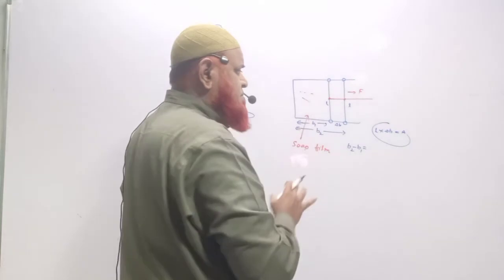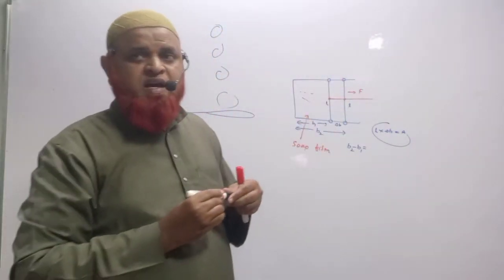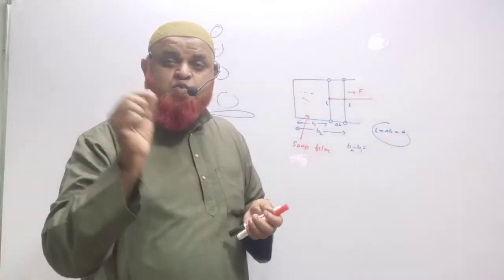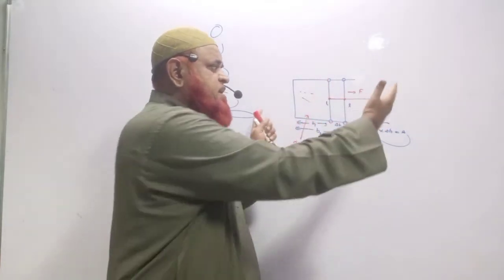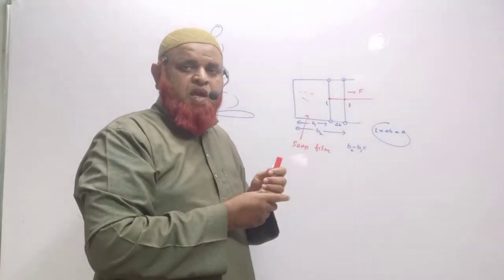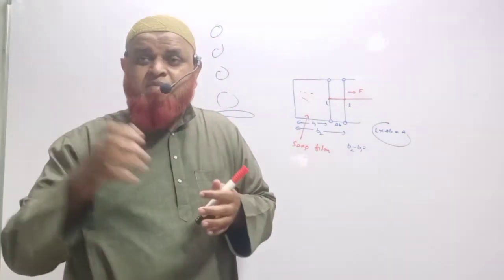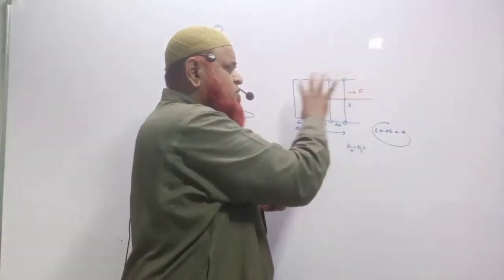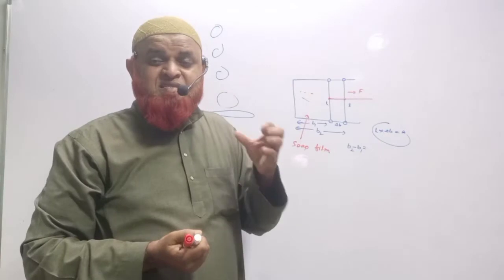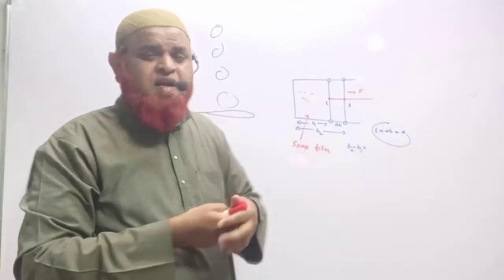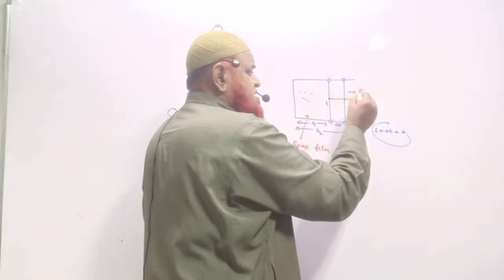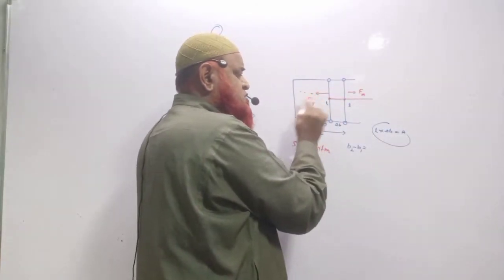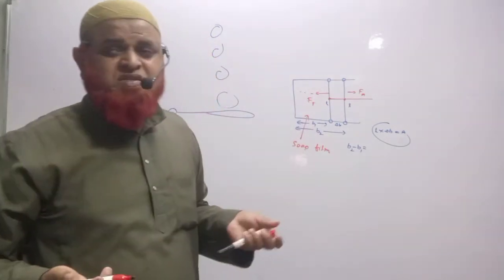Actually this is a soap film which is holding the wire. One is the movable wire. These three wires are fixed. There is one movable wire, having holes, which has been inserted inside. And this wire has been held by the soap film here. Understood? If you extend it with a certain force, then what happens? This soap film also gets extended, and you should know one thing. This is the force applied by the man. Actually, there is a force applied by the soap film, which has surface tension.